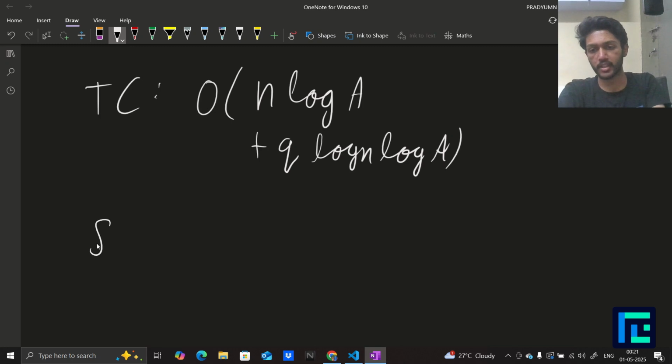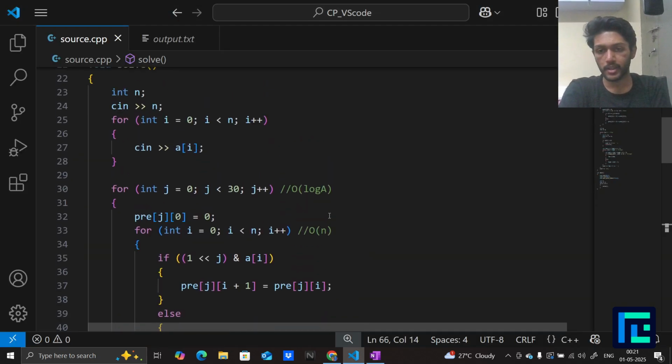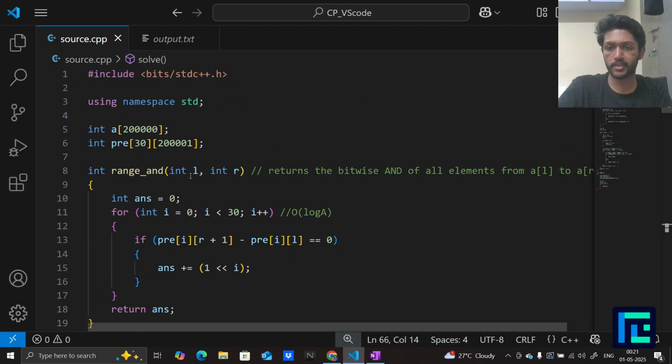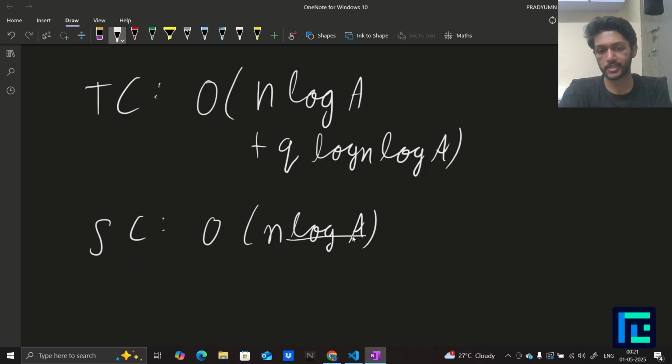And the space complexity is simply O of n log a because you are storing the prefix sums. This prefix sum will take n into log a space, log a because of every bit, and the prefix sum is of length n. So this is your SC and TC,